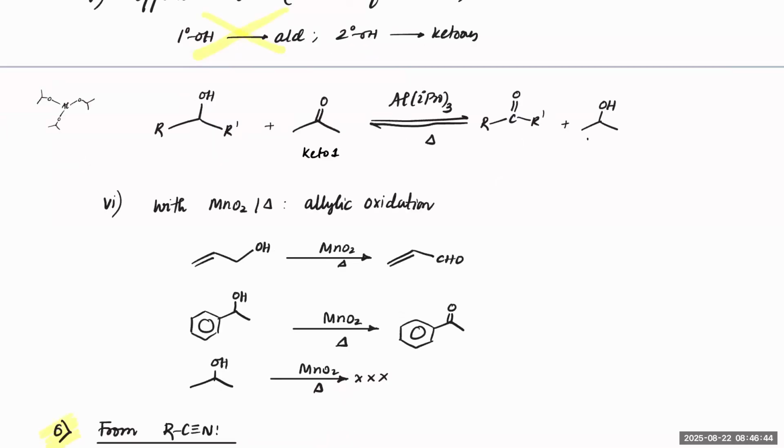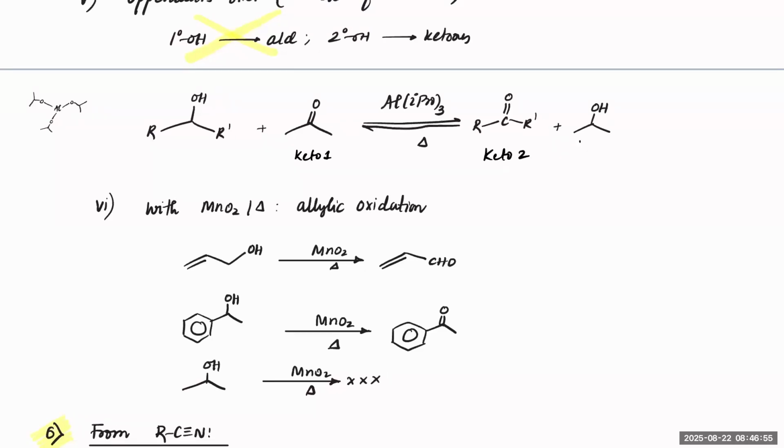Check. So this is keto 1 and this is keto 2. Okay. Usually, if you want to convert this alcohol form into this keto form, right? This is Oppenauer oxidation. And in Oppenauer oxidation, what do we usually need to notice is that this keto form